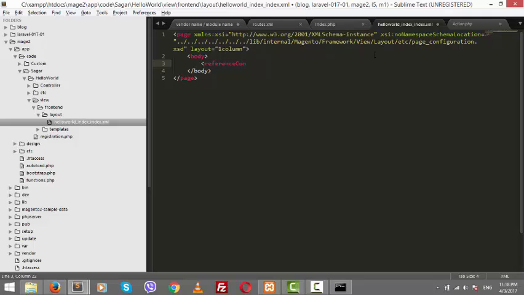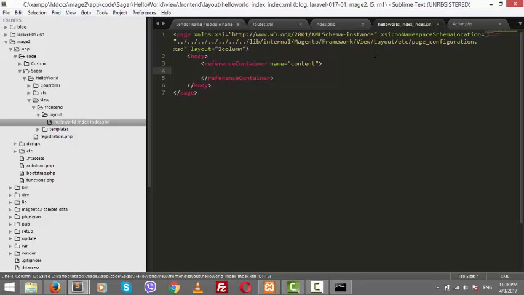Reference container name equals content. Now we call a block. Before this we must make a block. The process of calling a block is similar to Magento 1, but there is a slight difference. Okay, first we make a